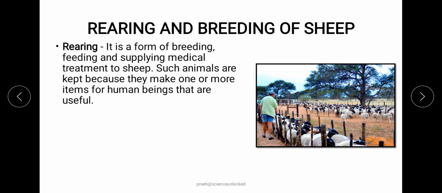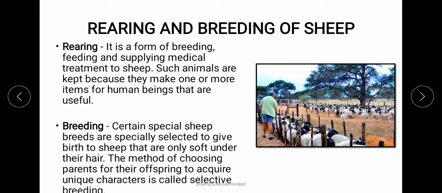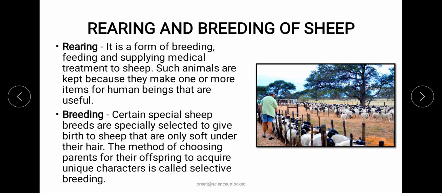Along with taking care of sheep, one important aspect of this commercial process is the breeding of the sheep, where the concept of selective breeding comes in, where we specifically select parents with special features, the kind of desirable features that we require in the offspring, so that we ultimately obtain the kinds of sheep that we desire. With this we will be able to obtain the organism which will act as the raw material for this processing.